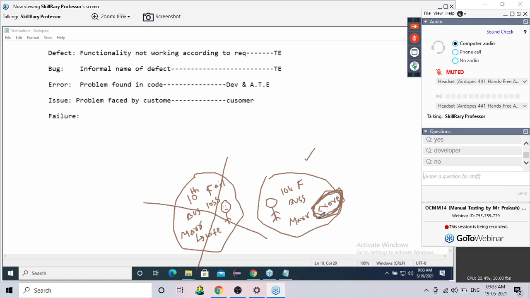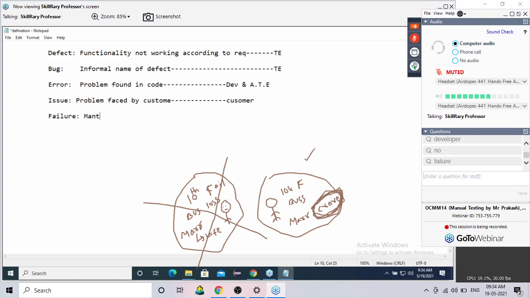Now you observe, some projects are developed. When we develop them, people are not using that application only because some main functionalities are not working. Is that project a failure or not? I'll repeat that. We created one beautiful project, but all the nonsense features are working and only the main features are not working. Is that project a failure? Yes. So guys, when I say failure, actually it's a very big word.